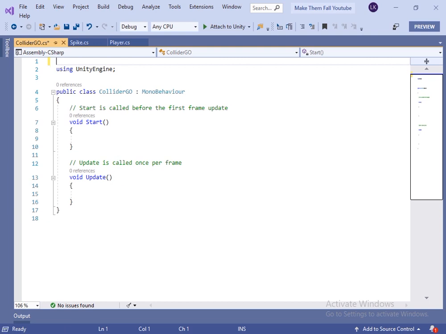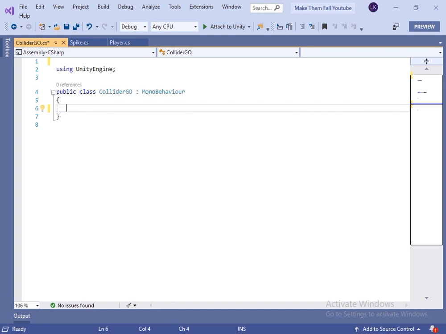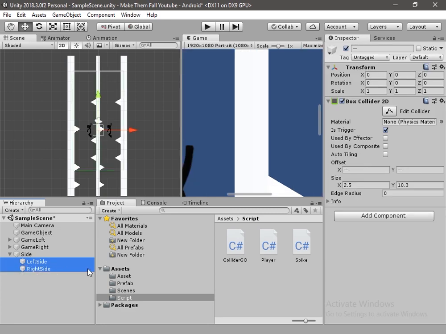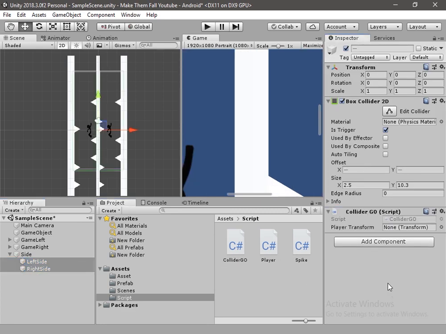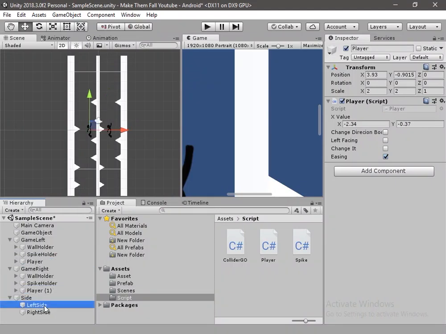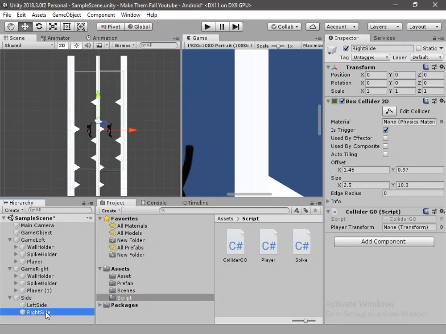Inside this script we don't need the start and update as well. We have to take the transform of the player which we want to move. Now drag and drop this script on our left and right side collider. And in the player transform, drag and drop the transform of the left player on the left side and drag and drop the transform of the right player on the right side.